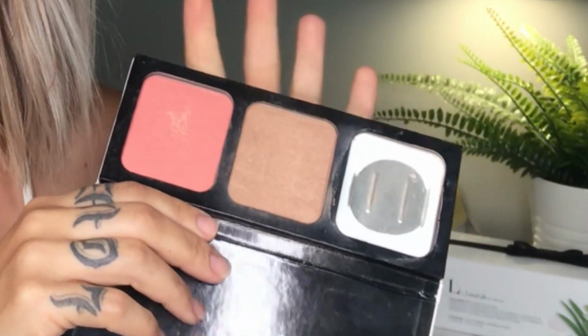Okay, now that I have my brows on, if you guys wanna see a more detailed video on how I do my brows, I will link that right here and you guys can check that out after the video. But we didn't set our face, so I'm gonna go in with my 3-well palette that has my setting powder, bronzer, blusher from Limelife, and I'm gonna take my beauty blender again